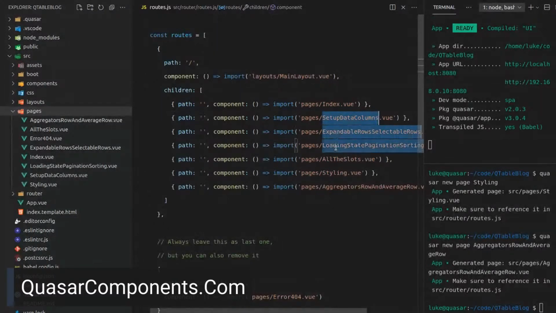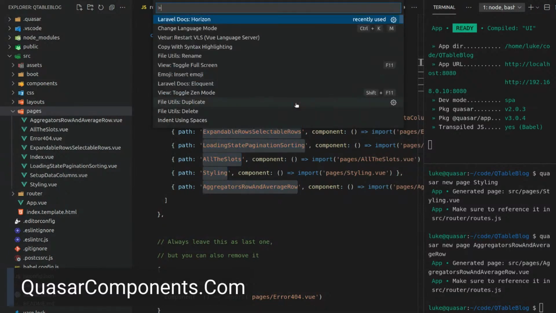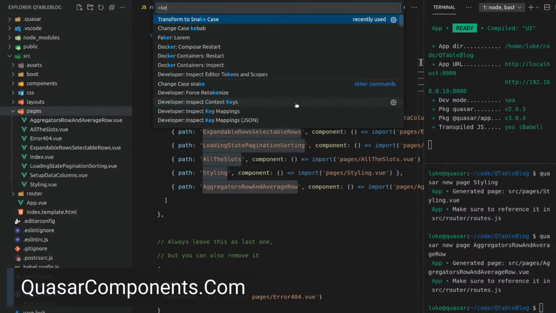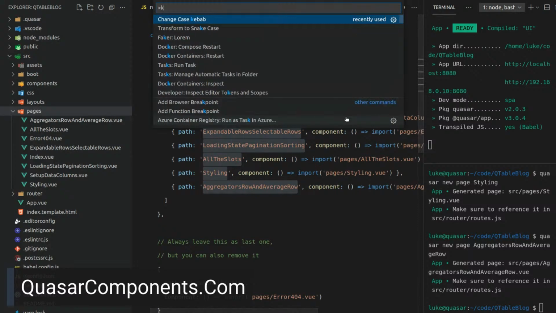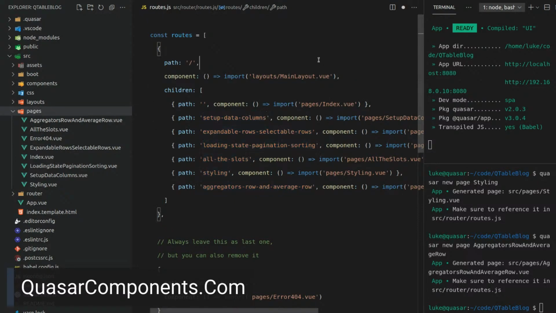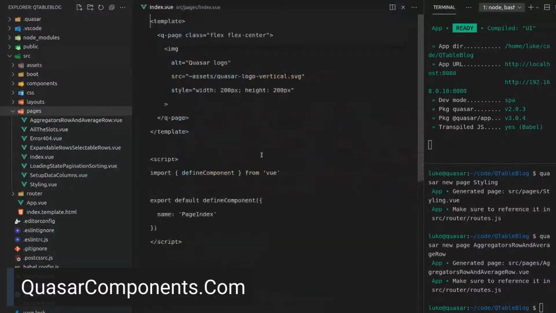So what I might do, I've got a plugin here that's basically going to allow me to easily turn these into some kind of case. What case do I want here? I want the one with the dashes, which is kebab case. So let's convert all that to kebab case. Actually, let's convert it to kebab case and then copy it, because then in index.vue, I want to be able to point to those files, so that's going to be easy in the blog post.